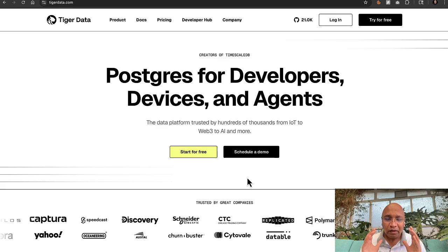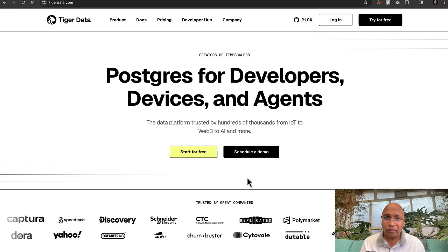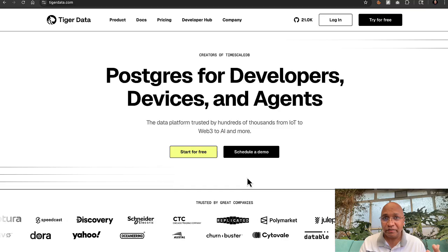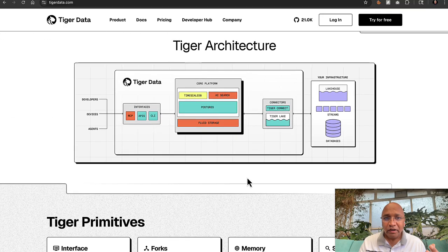Tiger Data is a highly comprehensive Postgres database for developers, devices, and agents. If you look at their architecture, you'll see how comprehensive it is. But this doesn't tell the story. If you actually look at their blog posts and then follow them, you will see their cracked engineering team constantly